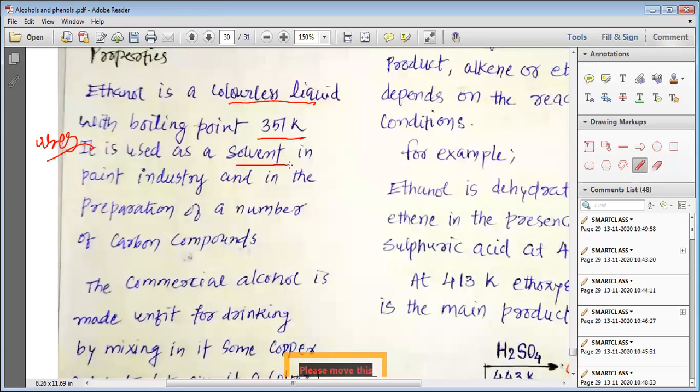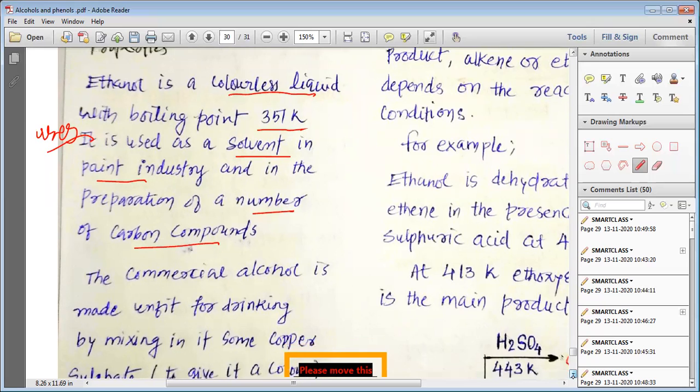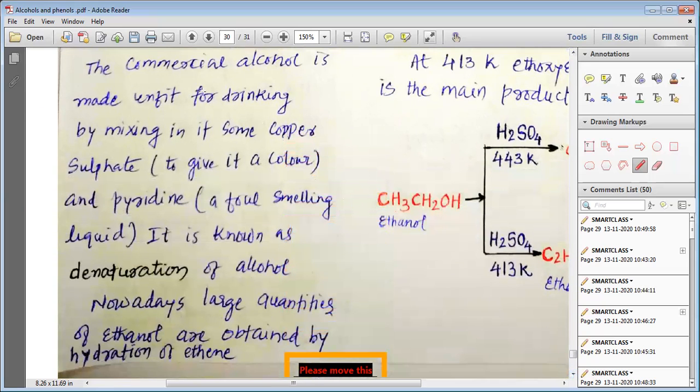So it is used as a solvent in the paint industry and in the preparation of a number of carbon compounds. Commercially, alcohol is prepared or made unfit for drinking by mixing some copper sulfate and pyridine. Copper sulfate is added to add the blue color,